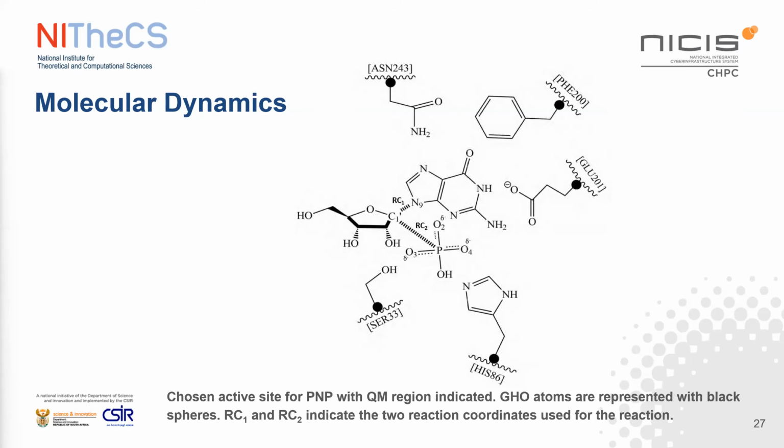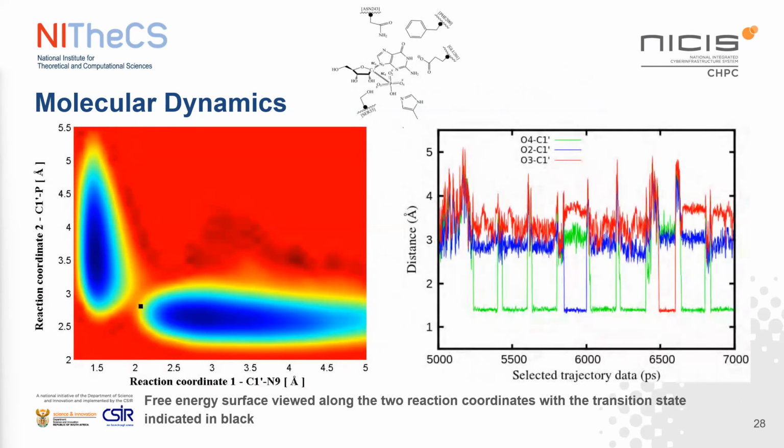I'm going to show you now what the dynamics looks like. If you consider those two reaction coordinates, there's our reaction coordinate with the nitrogen. When that bond stretches, this bond gets smaller. So here, this black region is your transition state. This is where you cross over from here to there, the transition state sitting about here. And when we look at just the region of the dynamics where that transition state sits, we find,